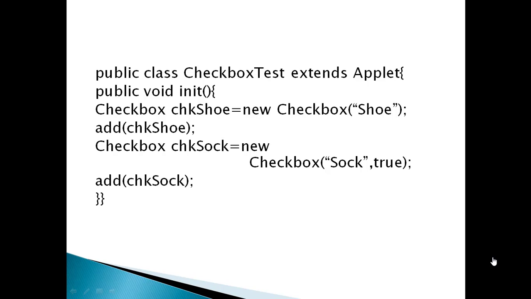Next create the object of Checkbox like this: Checkbox chkShoe = new Checkbox("shoe"); This creates a checkbox object, and we need to add this to the window, and we are adding this by using the add method. add(chkShoe);